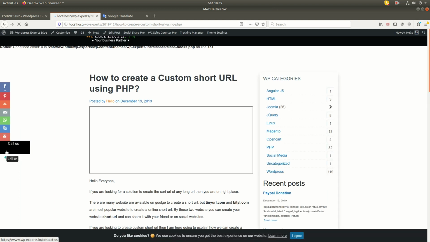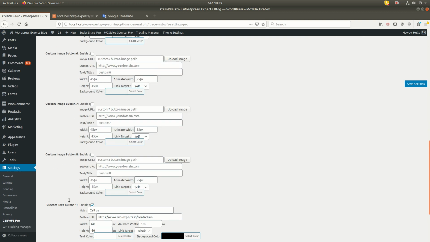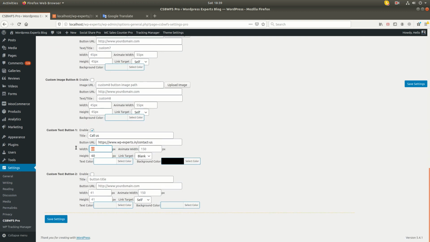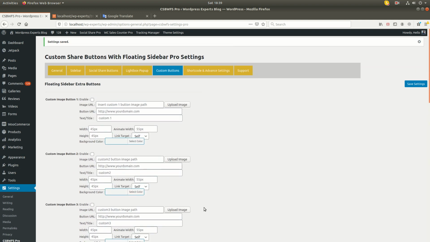You can see the button showing in custom auto. So as per your theme you will need to make little changes in your CSS to make it compatible with your theme design. So you can use these buttons as your custom button.